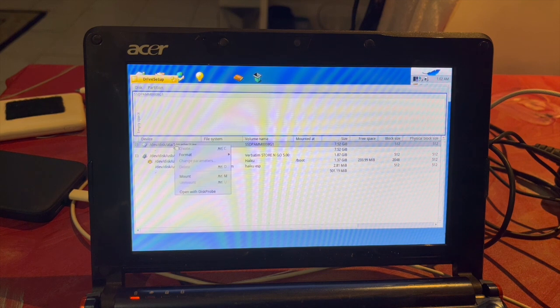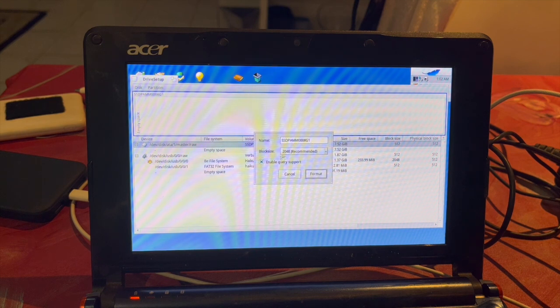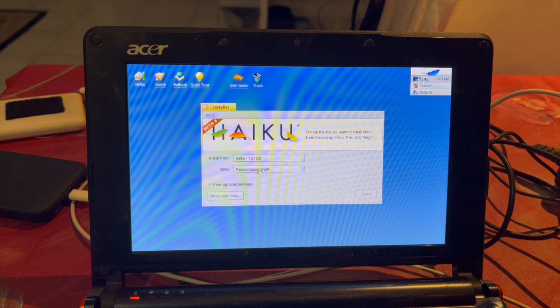Hang on, we should be able to... yeah. BFS file system. Haiku format. Okay, we now have this 8 GB system available to us. And no, I haven't bothered to first put a partition on it because I'm going to use the whole disk anyway. Right, so,